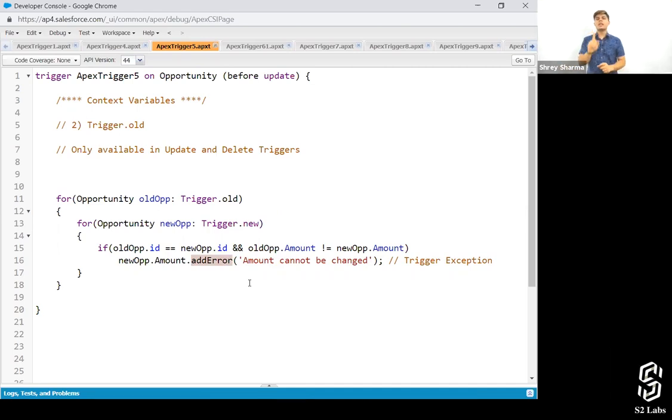There is only one thing that you can show onto the UI with the help of Apex code, and that is error. That you can do by writing the add error method. So if you write this add error onto the field, then this error will be shown onto the field. But if you remove this field and write this method add error onto that record, it will show that error onto that particular record. Is it clear, everyone? Okay.